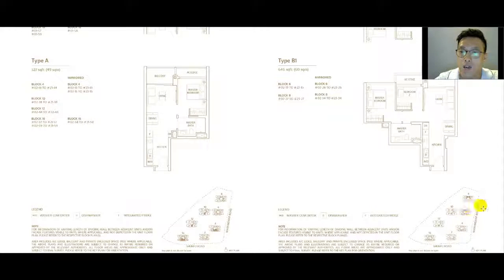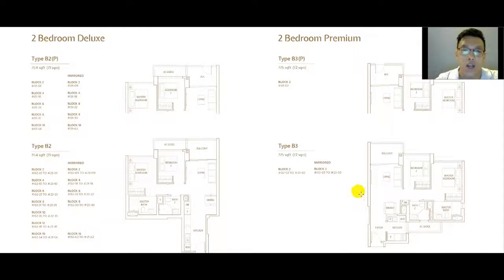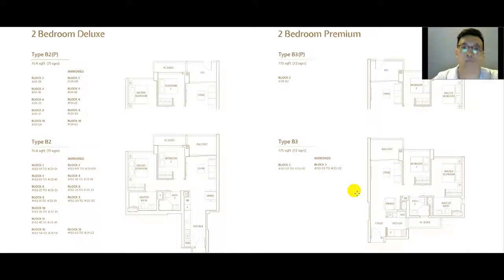So block 6, these two units will actually have the pool facing. I'll show you shortly. Then if you find that you need two bathrooms, you have to go for the two bedroom deluxe, which is right here. Almost more or less the same, just that now you realize there is additional